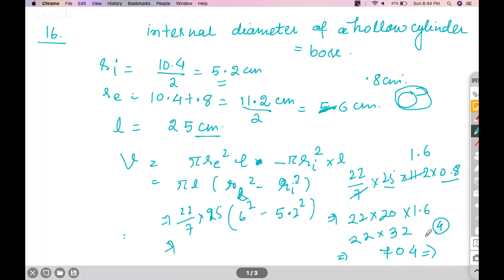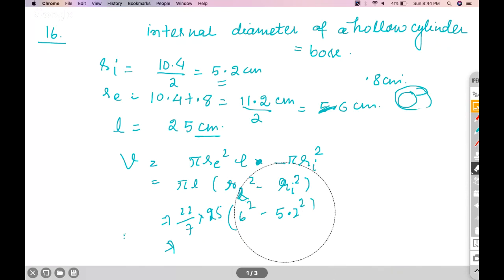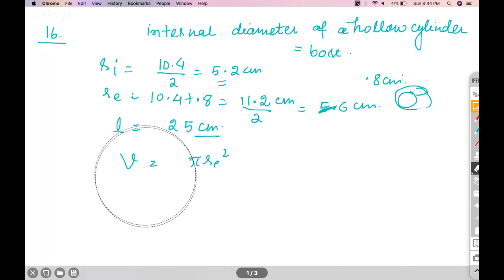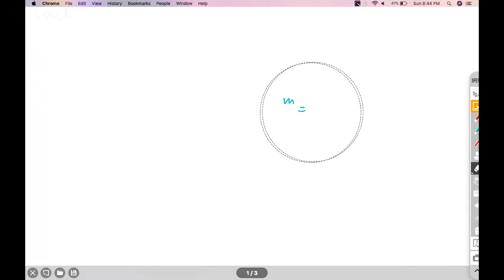Question number 17 and 18. Okay, I'm solving question number 17 and 18 because I need to solve cylinder also. Sorry, cone also. So question number 17, the barrel of a fountain pen, cylindrical in shape, is 7 centimeter long